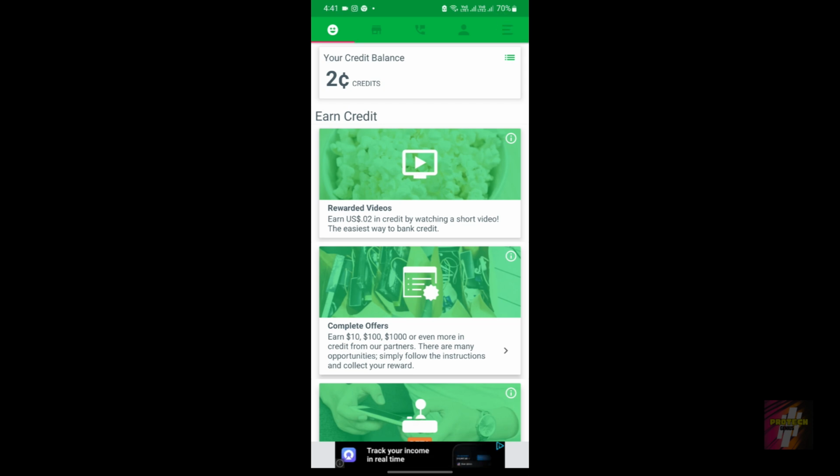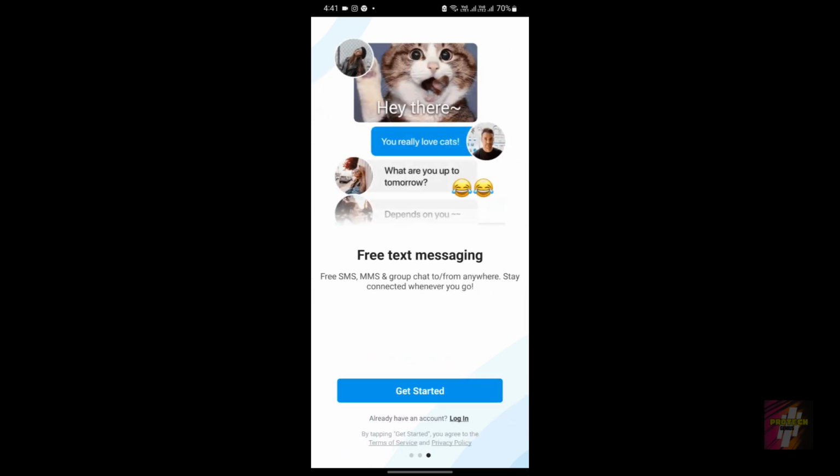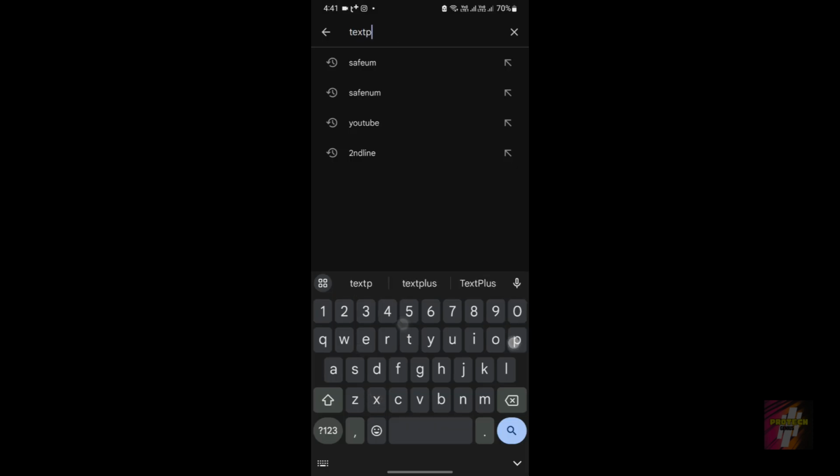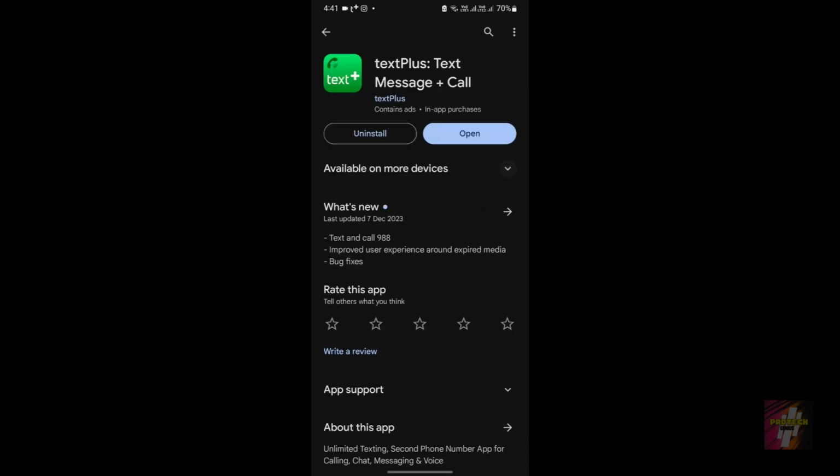Now, if we're going to take a look at the platforms supported, TextPlus actually supports iPhone, iPad, and Android. If we're going to look at Dingtone, well, Dingtone also supports iPhone, iPad, and Android. Now, if we're going to take a look at the Play Store features,